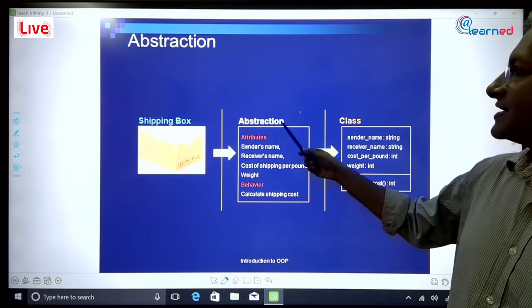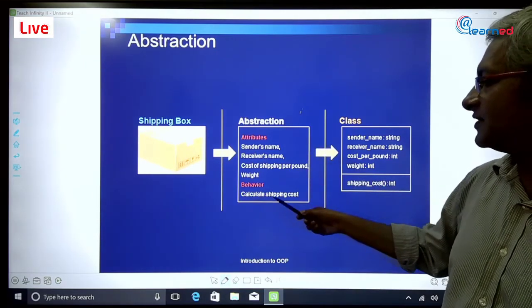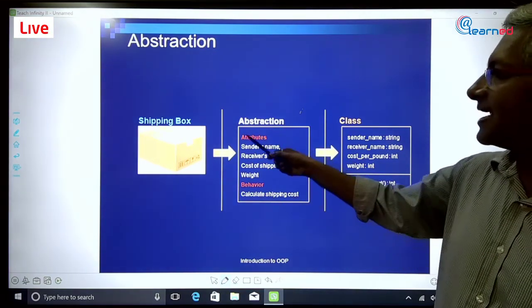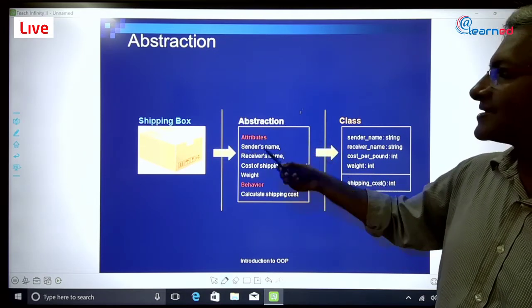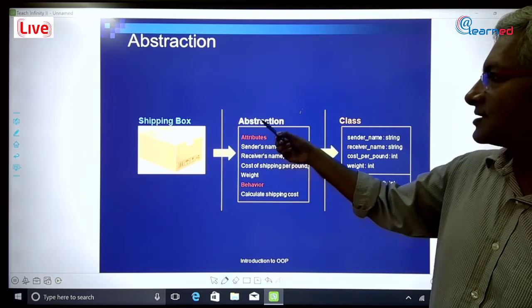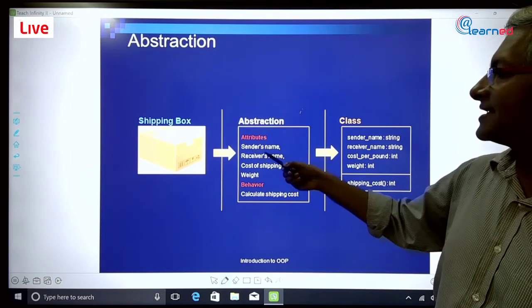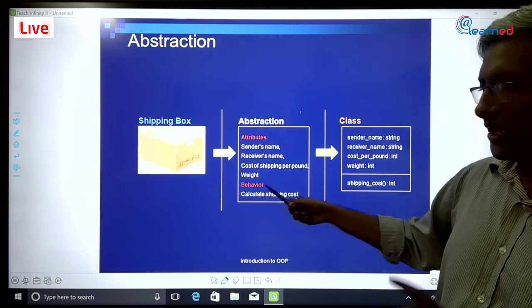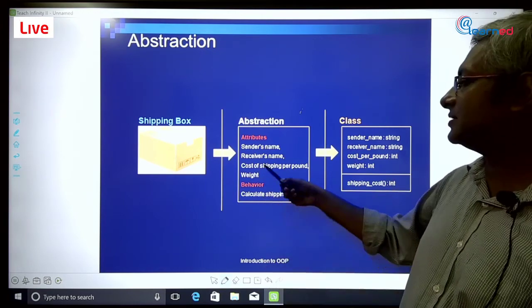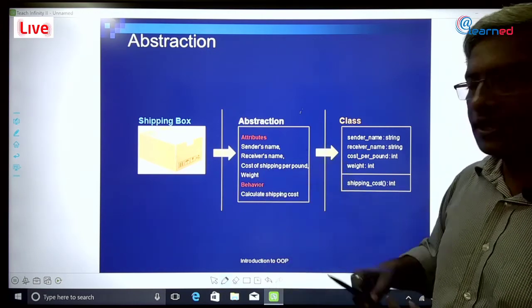So we have this abstraction, we have this behavior, calculate shipping cost. When a user wants to use this application, he just knows that I have to give the sender's name, receiver's name, cost of shipping per pound and weight, and when I say calculate, it will calculate the shipping cost for me. He really doesn't have to know